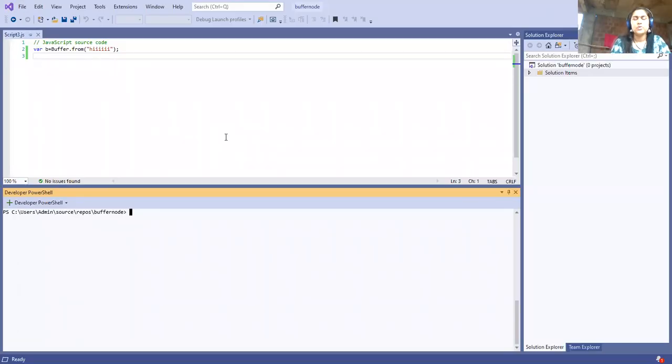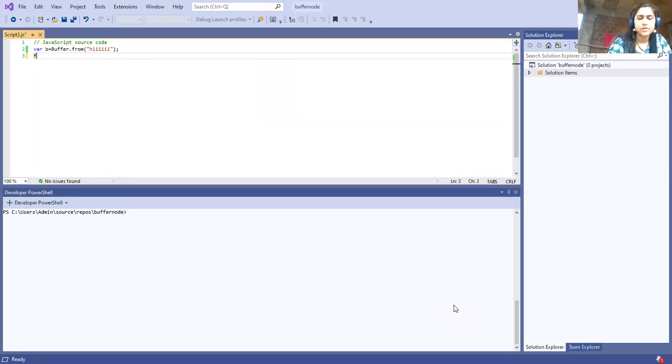So now let us see. Suppose we have to iterate the buffer. So I can use the for loop. Same as a for loop, we are going to use for, where i equal to 0, then i less than, how to know the length of the buffer? We have a property, b.length. Actually this is a property, so no need to write the parentheses. So directly i less than b.length and i plus plus.